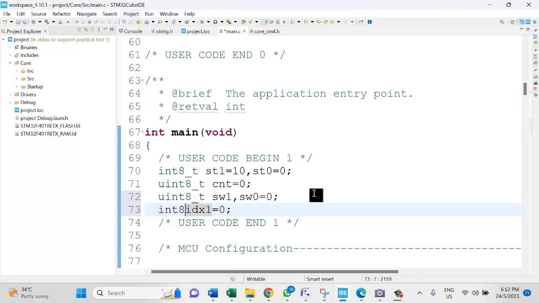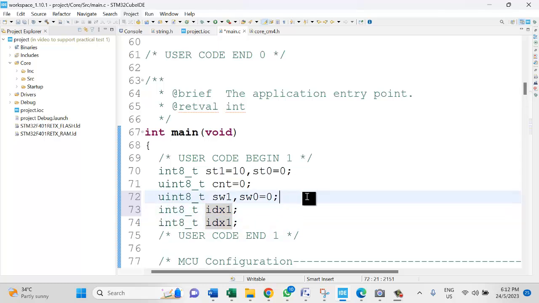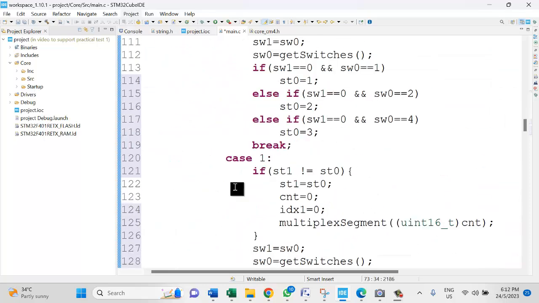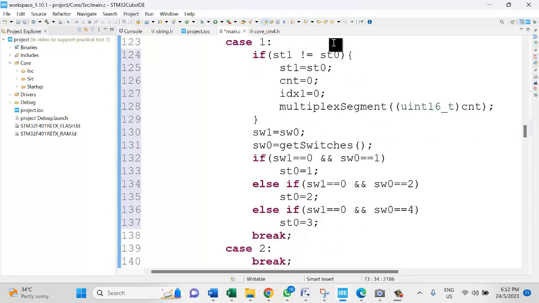So we have index 0, so int8_t index 0 1, sorry. Then we have constant uint8_t. Then we have array 1, right? Then we put 1, 2, 4, 8, right? We have 4 data there. Okay, so this is data. So when it happens, then we jump to the state. Then it will display the,